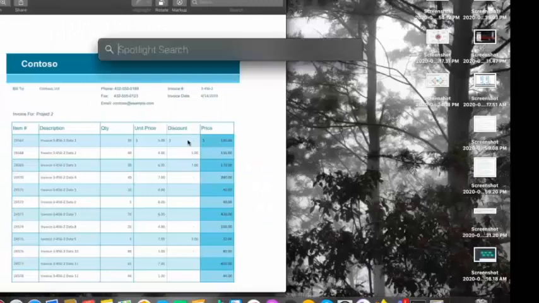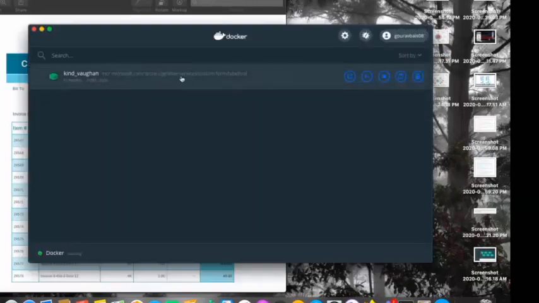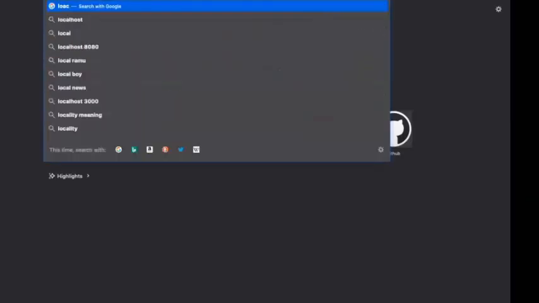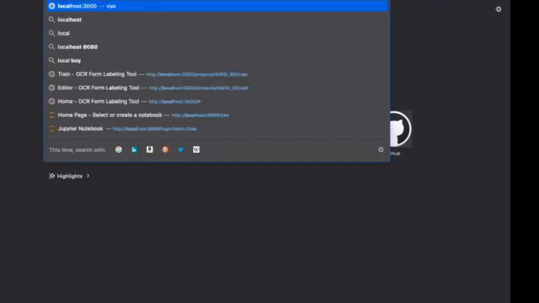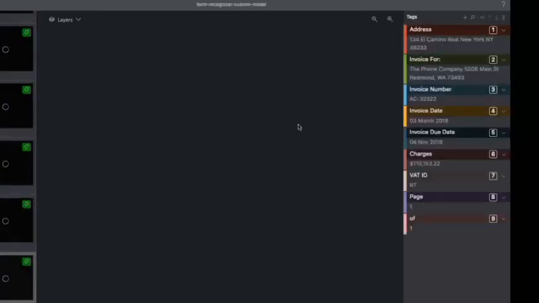So what I'll do now is start Docker. Okay, Docker is starting. Okay, it started. Now I'll start the dashboard for Docker. Here you can see this Azure Cognitive Services custom form label tool is already running. So what I'll do now is call my localhost. Now here you can see the VOTT tool. Okay, so I'll be using my pre-trained model. I've trained it on some images.